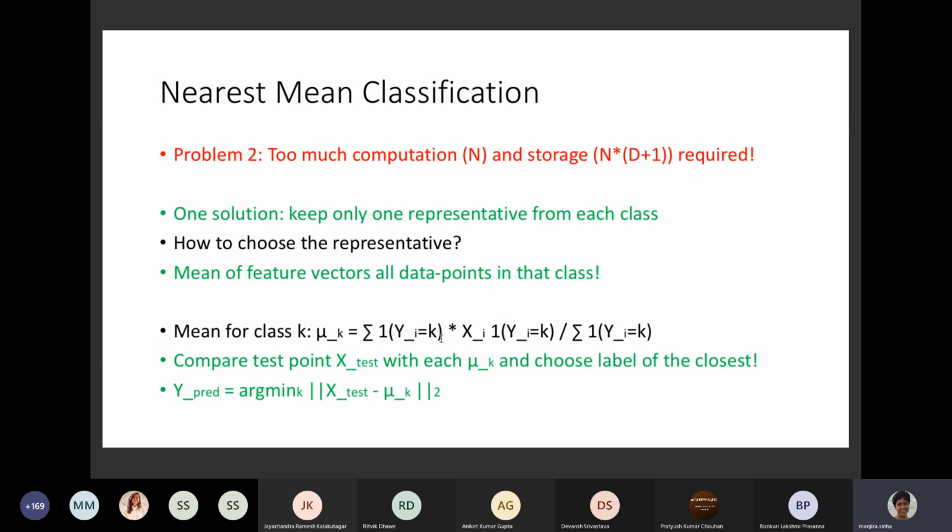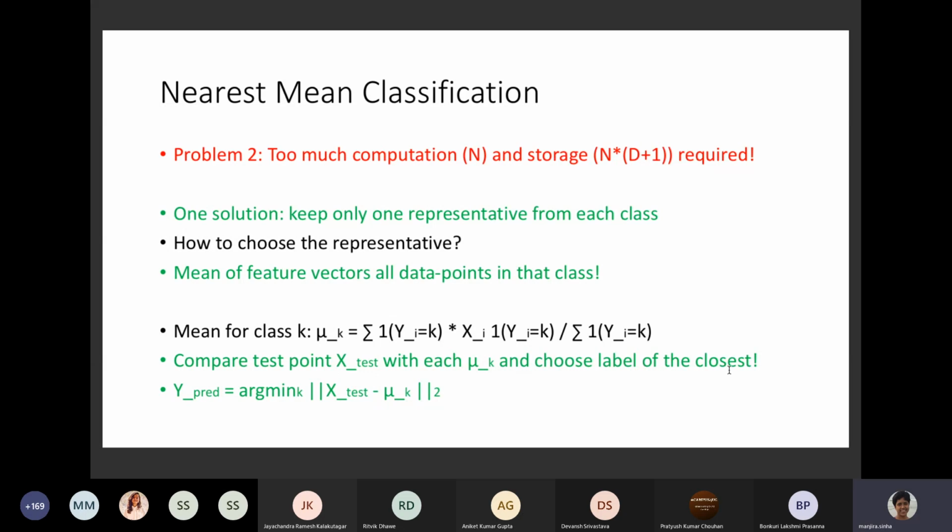So I take the sum of all the features of the training data points. This sum is for I, like if I have say D features, so sum over D, for which the class level is K, and I divide by again the number of the data points for whom the class level is K. So now instead of calculating the distance of X test with all the n training examples, I only calculate with the representative of each class. So only with each mu k,